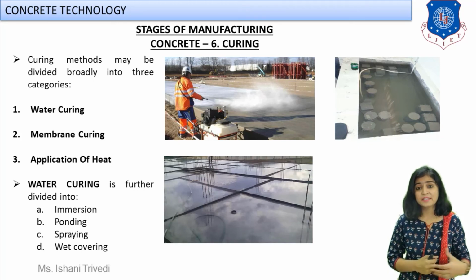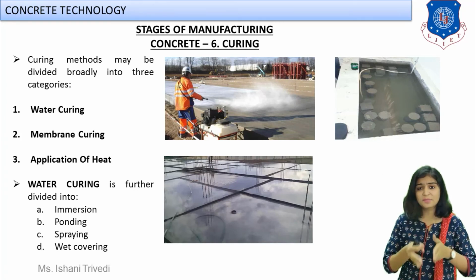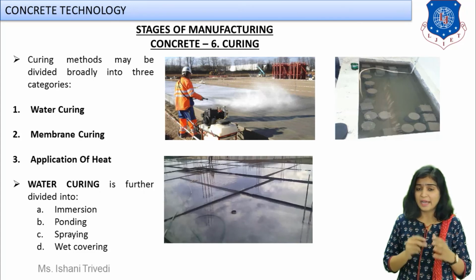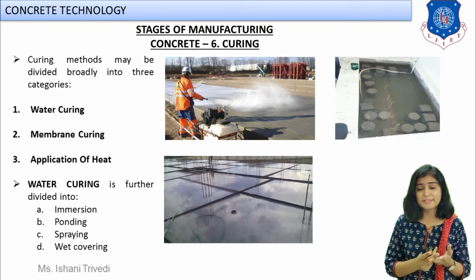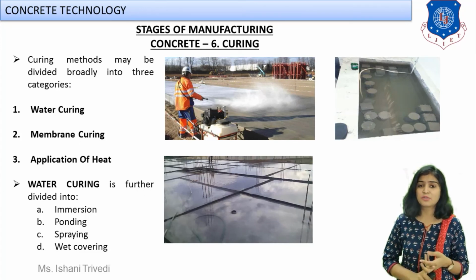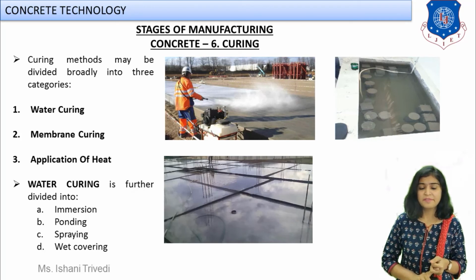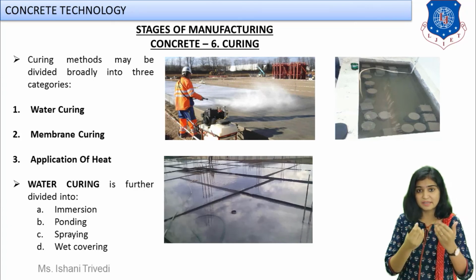If you have seen the construction of the metro right now in Ahmedabad city, then the columns and the piers which are being constructed are generally covered with jute bags, with jute mats, and they are kept moist, and this is how curing is done for vertical sections. Next, second we have immersion. Immersion means you are going to put your whole sample, the whole concrete member, inside the water.